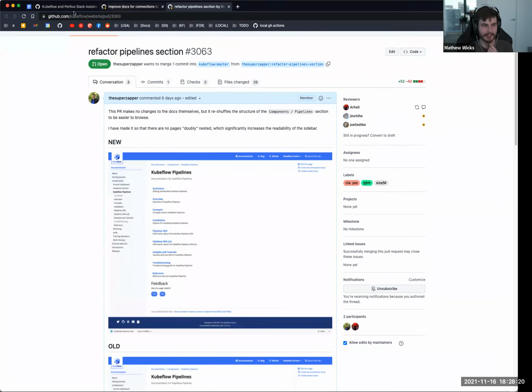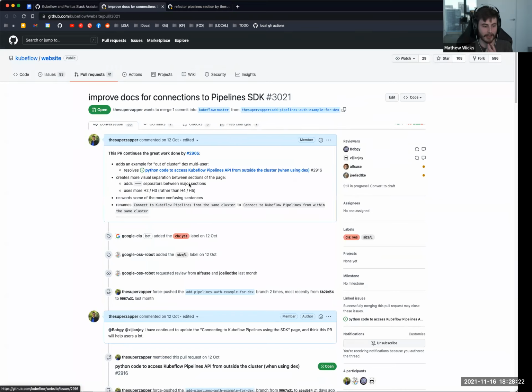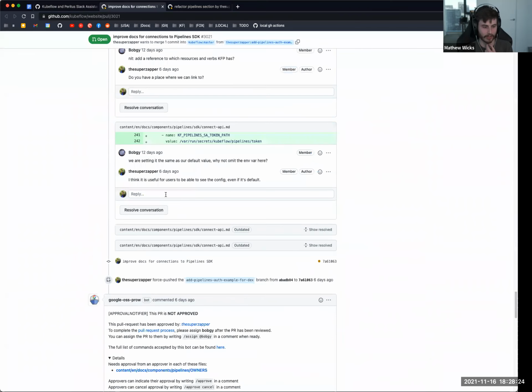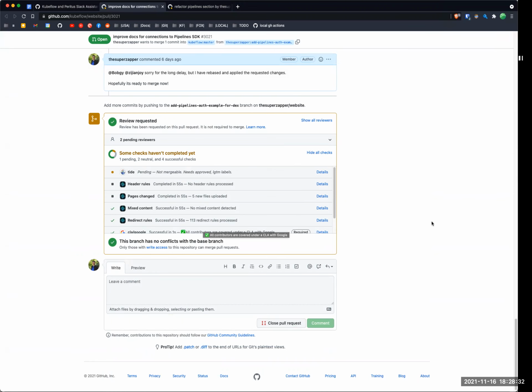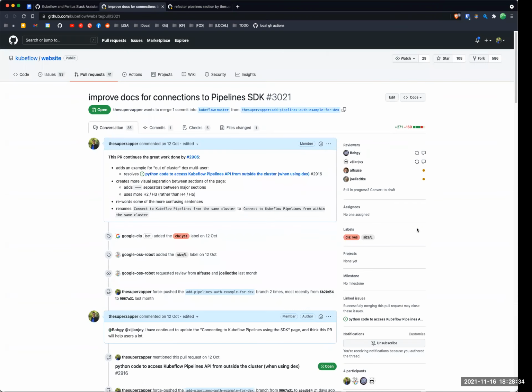We're talking in this SDK thing about how you connect to the pipeline's API, like the REST API endpoint, not about what the endpoint is. Okay, cool. There was a bit of confusion about how, if I'm inside the cluster, I connect and authorize myself, and if I'm outside the cluster, and it's just cleaning it up a little bit.